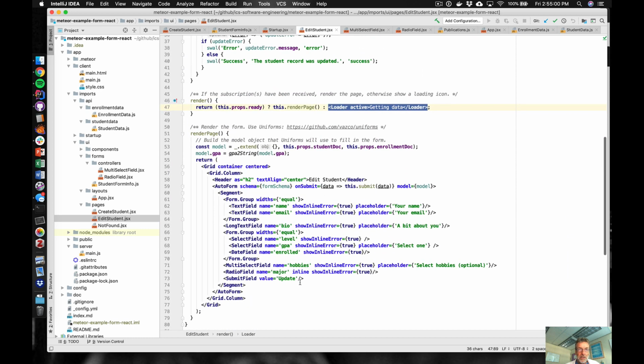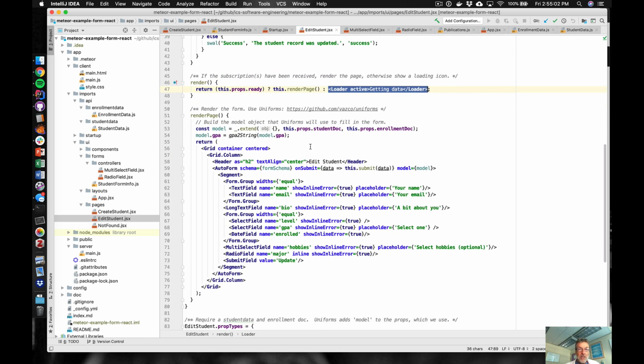Okay, so what does the render look like? The render looks very much the same. We have to create this model, which is a document that contains all the data that is needed to fill out the fields in this form. It turns out we can use this underscore function that takes an empty object, populates it with all the fields from student doc, and populates all the fields from the enrollment doc, which is actually going to give us all of the fields we need for this form, with one problem, and that is that remember that GPA is stored